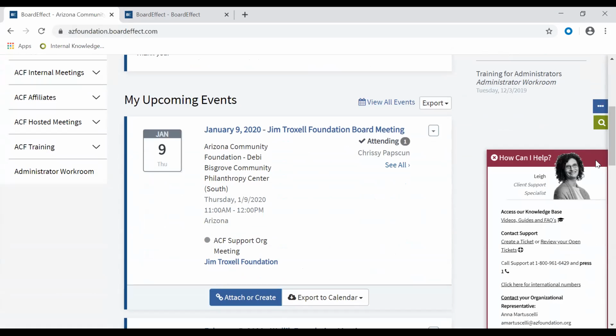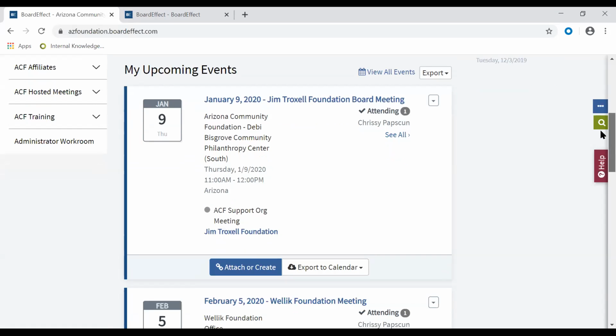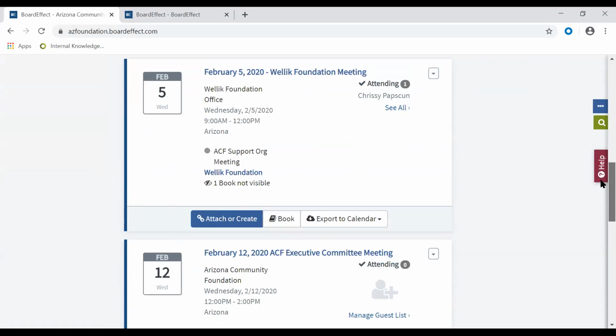So keep in mind, you have your upcoming events. Here's your event card. Now, when you have an event created, if it's the same location or same kind of general information of a meeting, you can actually just copy it. So that's kind of a shortcut. I do notice here,